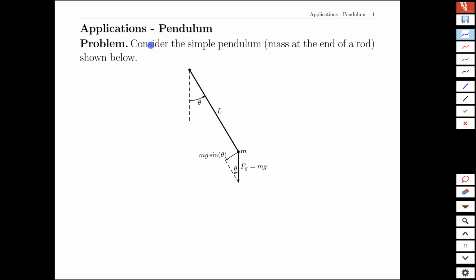In this video, we're going to explore the applications of modeling to a pendulum system, and not too surprisingly, we're going to discover a way to connect that back to the work we've already done with the spring mass system. But let's approach this as a pure modeling problem, where we have a mass at the end of a long rod or string, and when we look at the scenario and look at the forces that are involved, we have gravity pulling the mass straight downwards, and then there's also the force of the rod that's pulling back up on